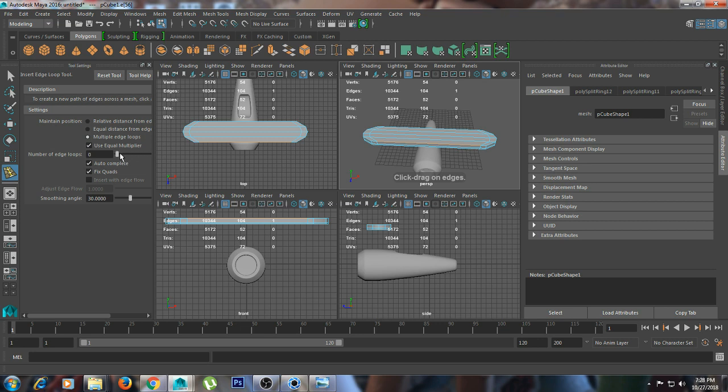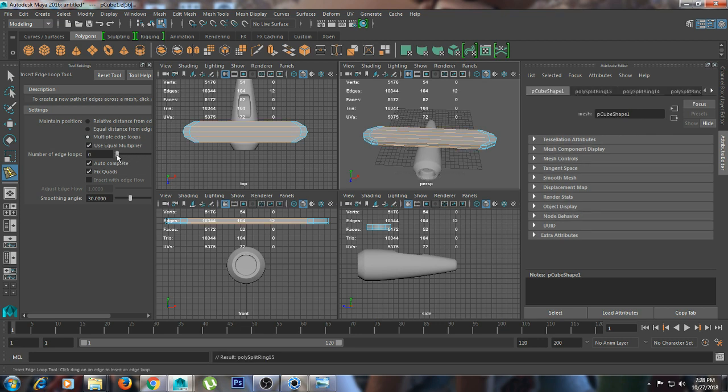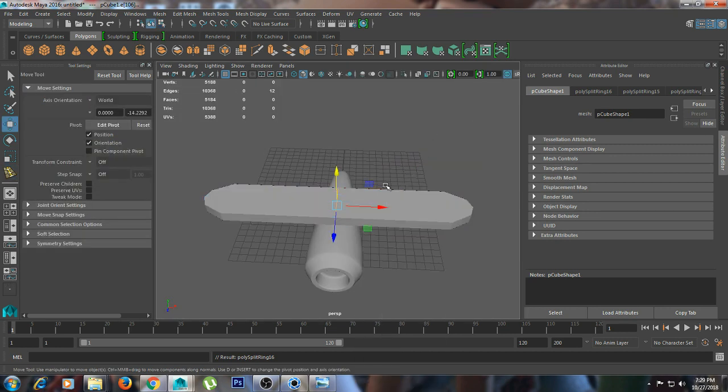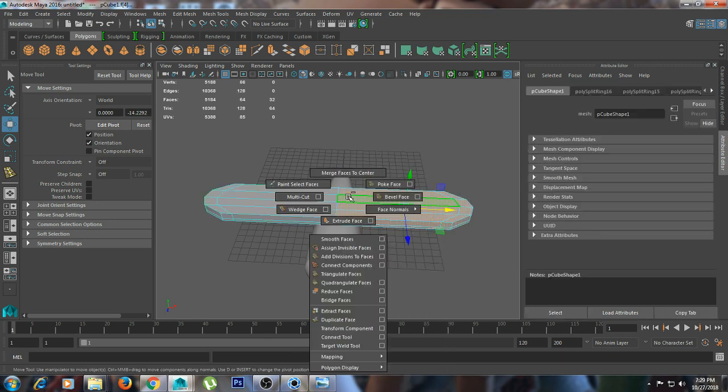In multiple I'm going to click only one edge, and I'm going to click here because it comes on the center of the object, and then I'm going to copy these faces, click and drag on these faces, right click, shift right click,